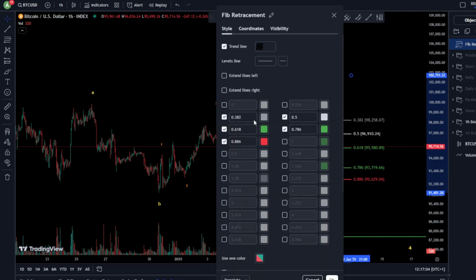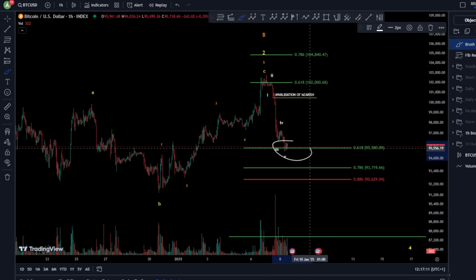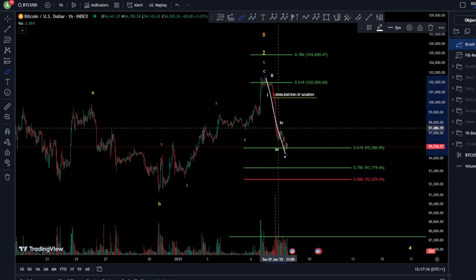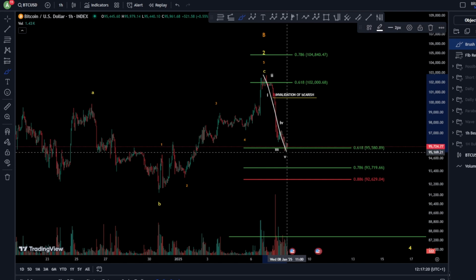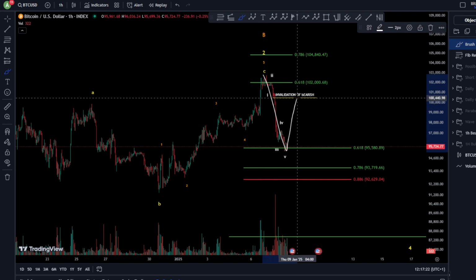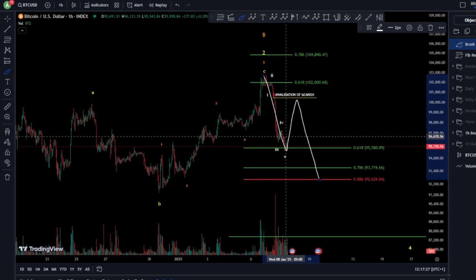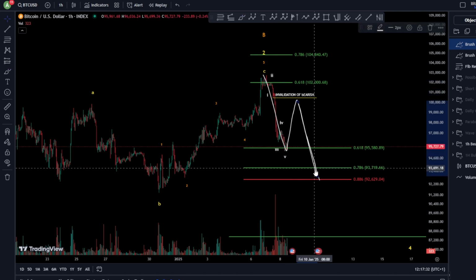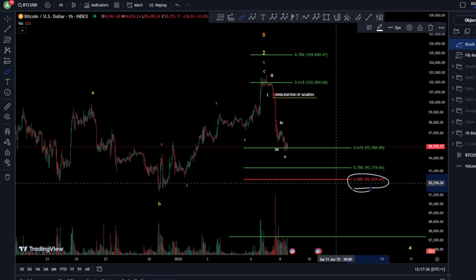We have reached it exactly already with only one impulse toward the downside. As you can see, we have reached the 0.618 already with one wave toward the downside, which is an impulse, and which is your wave A. Now, if we have a wave A here and we're looking for B, your wave C should be exactly the same amount, taken from this one to here. And in that case, you're gonna reach somehow, maybe even lower, maybe you're gonna touch the 886,